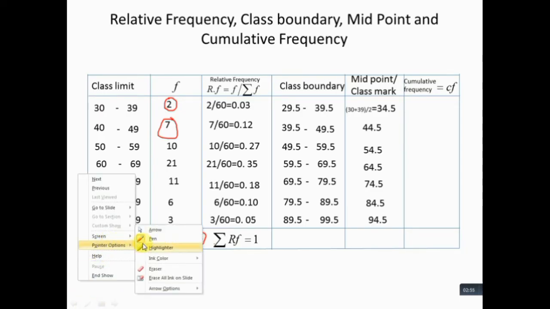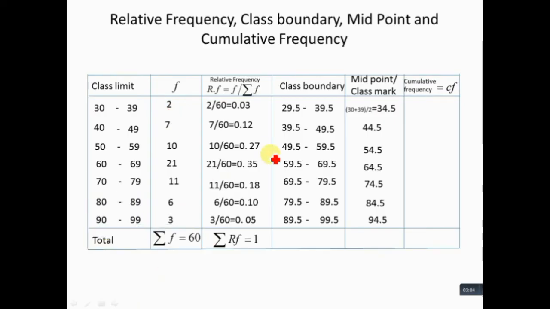In the last column, we will find the cumulative frequency of the frequency distributions. The first cumulative frequency is similar to the frequency of the first class, which is equal to 2. But the cumulative frequency of the second class is equal to the sum of the first two classes. The cumulative frequency of the third class is equal to the sum of the